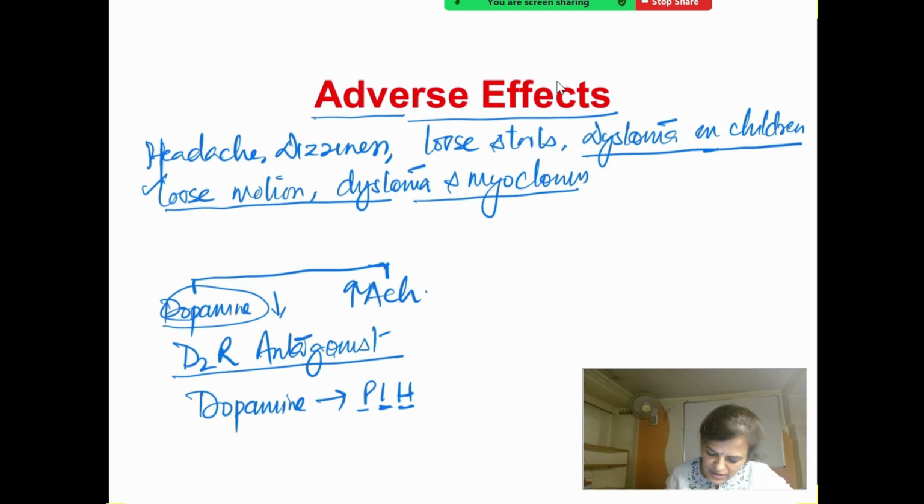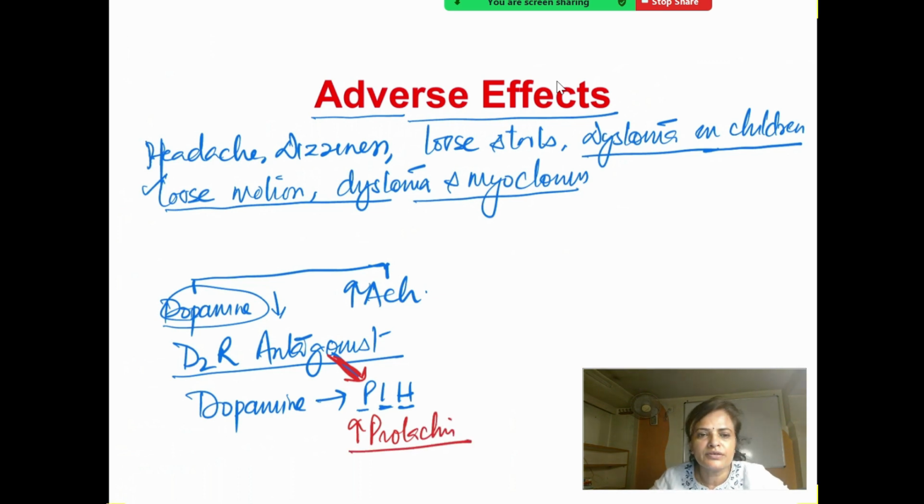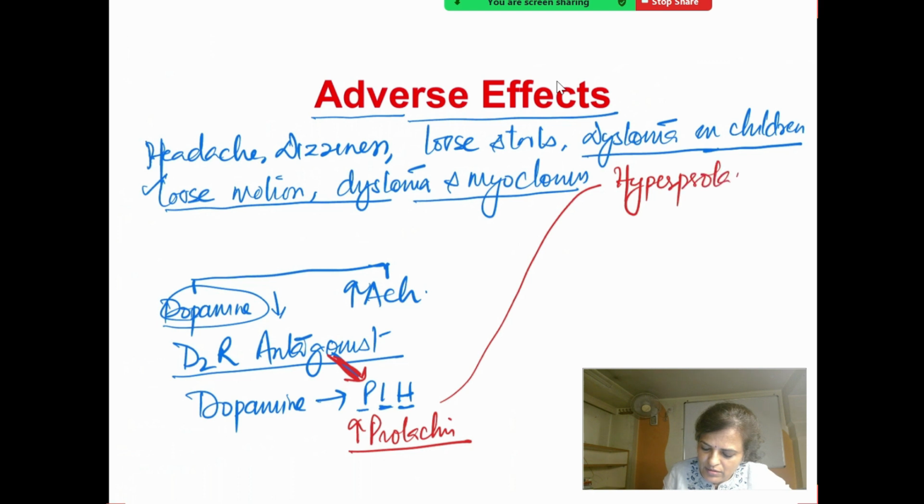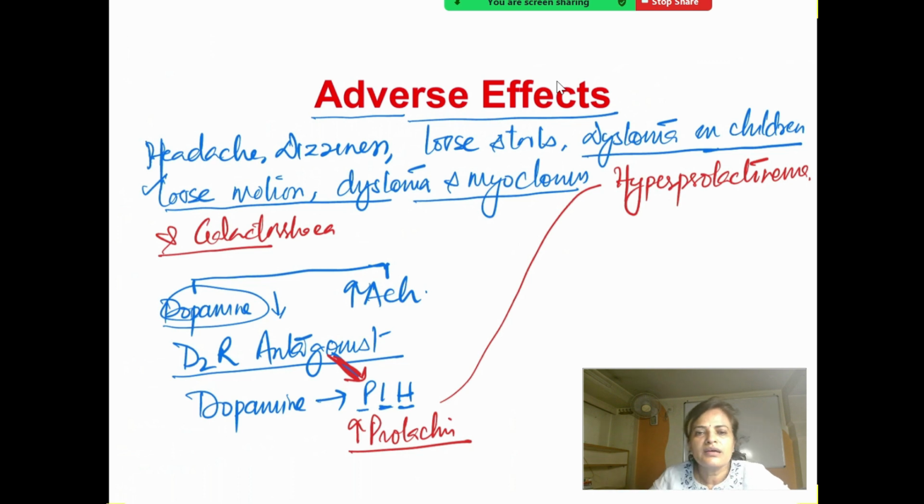But if we give the antagonist, then what will the antagonist do? It is going to increase this prolactin secretion. So what side effect can happen because of this? Hyperprolactinemia and galactorrhea can be seen. So these are important adverse effects with the drug,